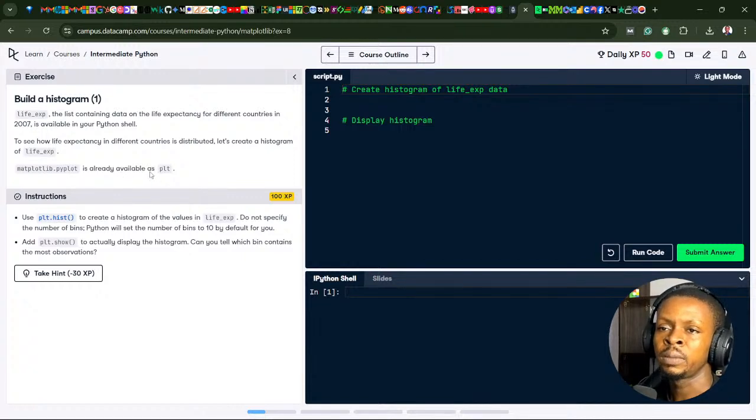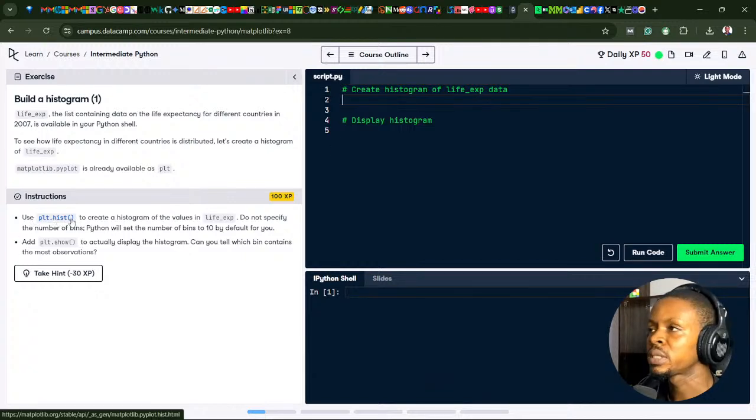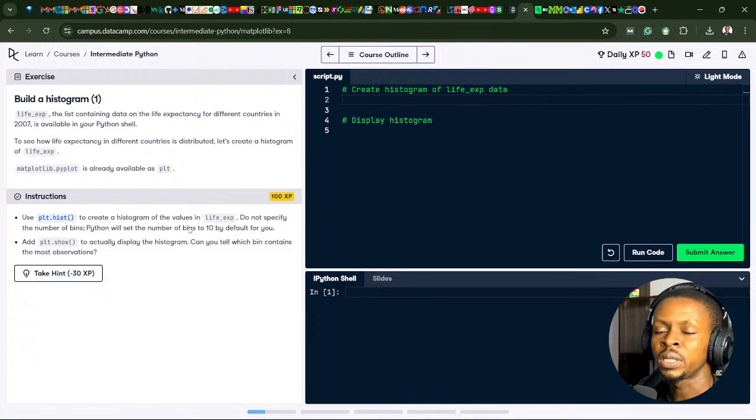matplotlib.pyplot is already available as plt. To create a life expectancy histogram, use plt.hist to create a histogram of the values in life expectancy. Do not specify the number of bins. Python will set the number of bins to 10 by default for you. So we're going to say